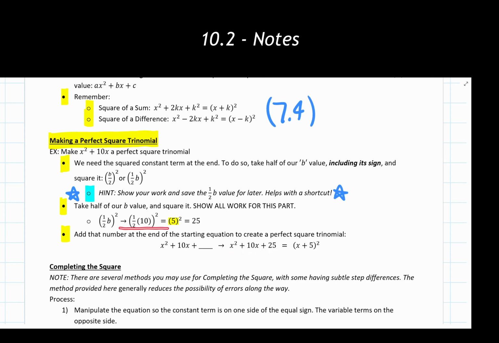If you show these three steps of work, first step, second step, third step, the number and the sign inside the set of parentheses in the second step is always going to go at the very end of this set of parentheses that we have here. So I have a positive 5 in the parentheses. I'm going to have a positive 5 in the parentheses here. That is a shortcut you can always use if you use this method and follow the process that we're going to be learning later on